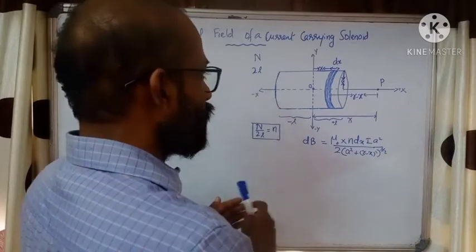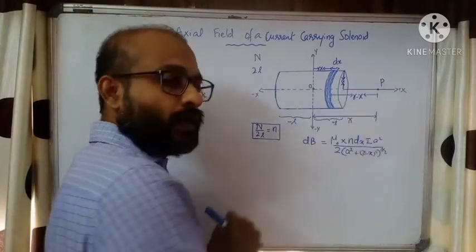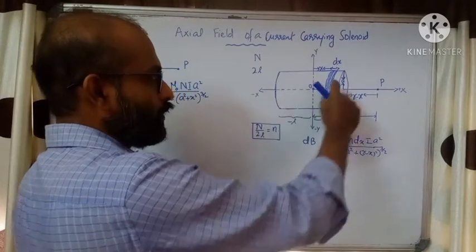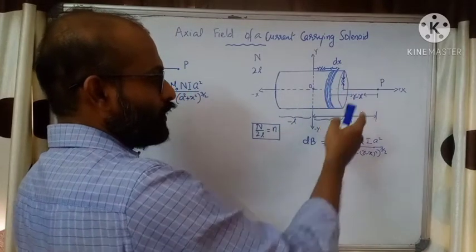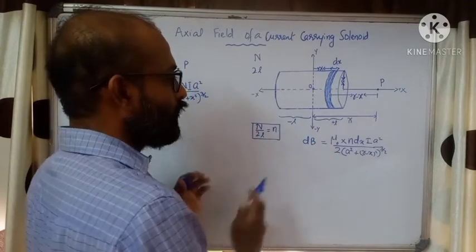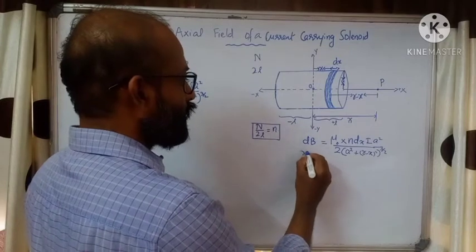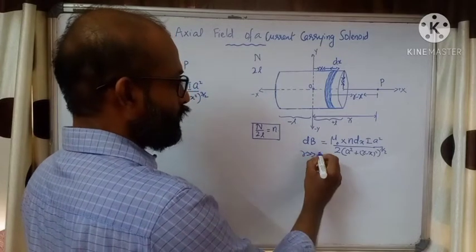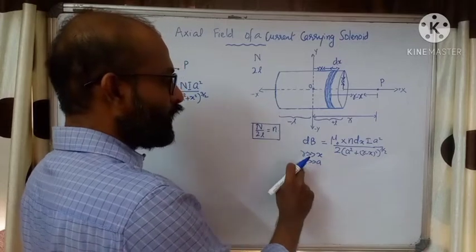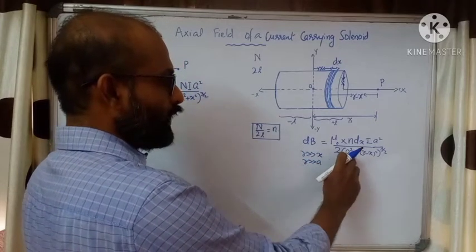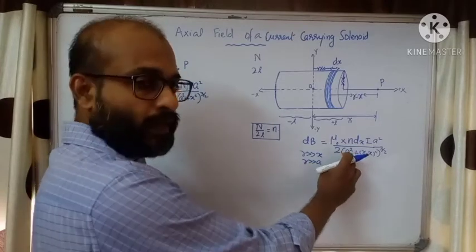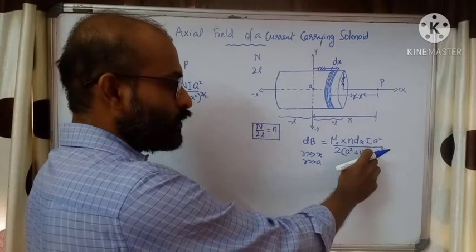Now here we can see that this distance r is very large compared to the length of the solenoid, compared to the radius, compared to x. We can say r is very large, so we can have an approximation. We consider r much greater than x, and r much greater than a. If r is greater than these two quantities, here a square, so a can be neglected. So a square definitely can be neglected. Here x also can be neglected.